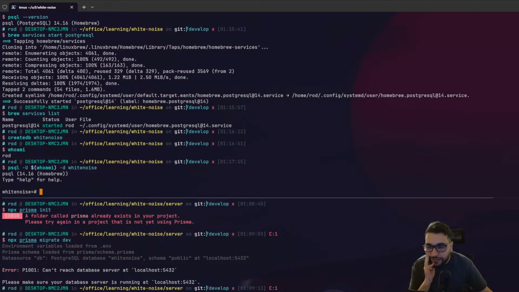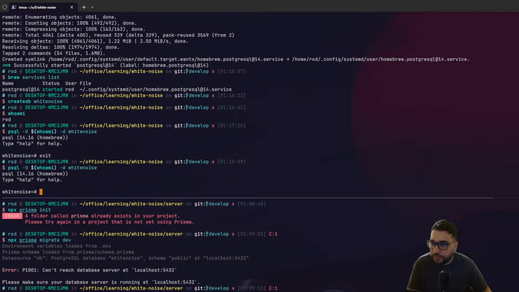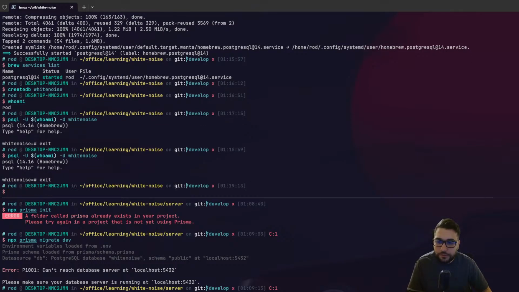All right. Yeah, I need to check actually if my user... okay, you know what, does my user have a password? No. Okay, but in this case I probably want to set a password for it, so I just need to exit this and